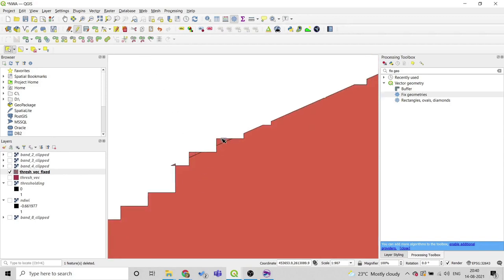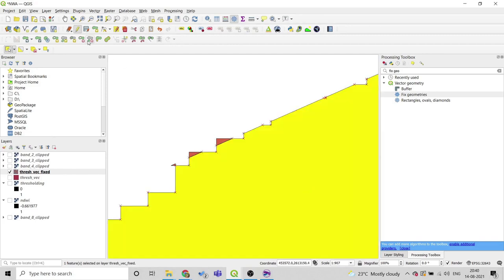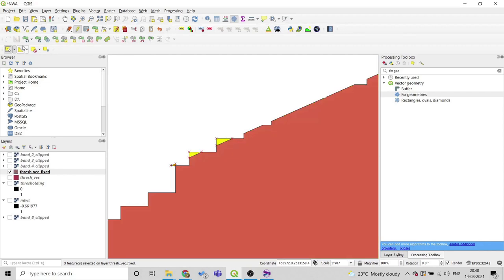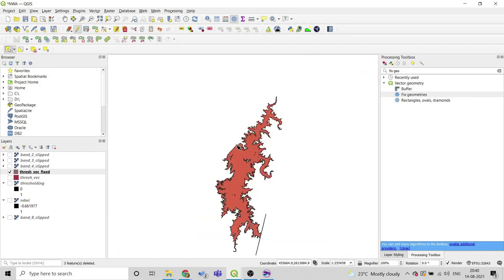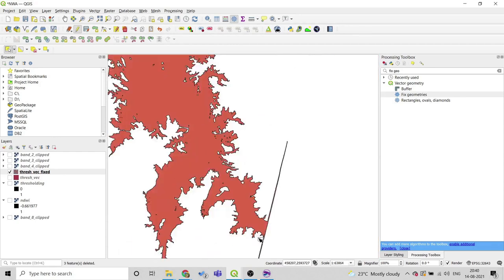Don't forget to delete this small part also. Just simply select the water body, click on invert selection and then press delete. Similarly, we will get rid of this part also